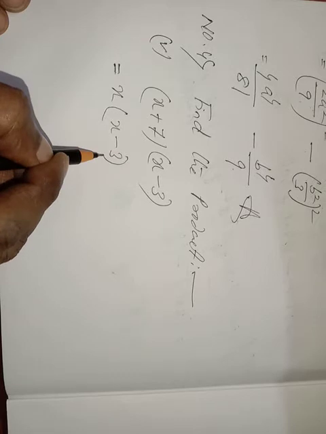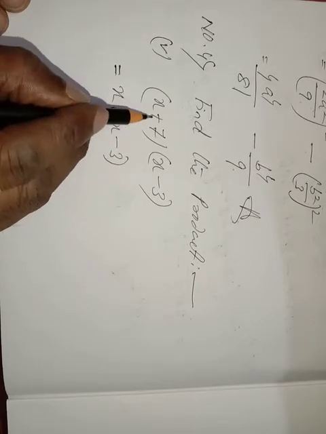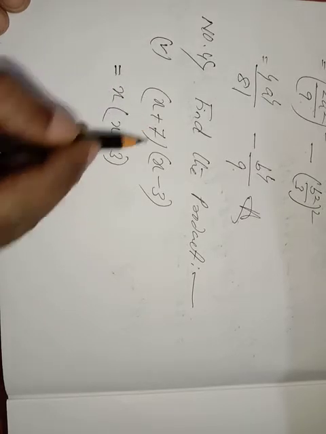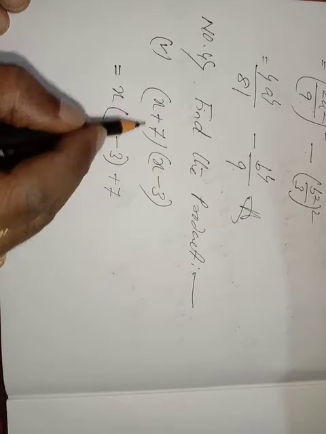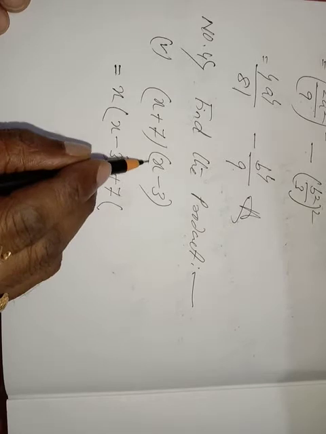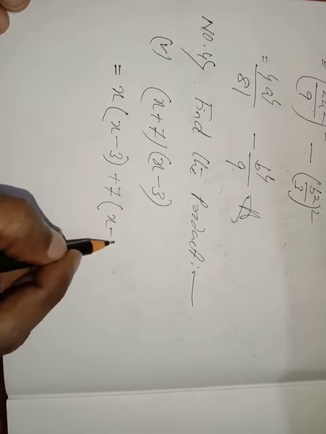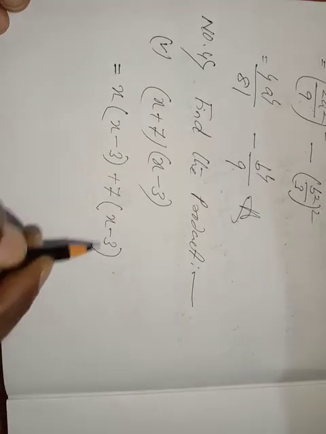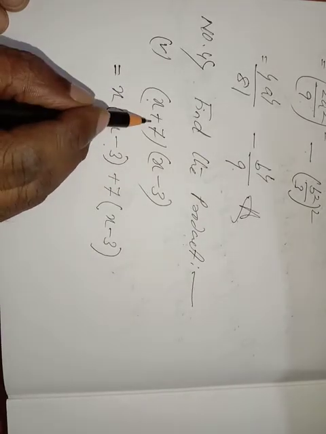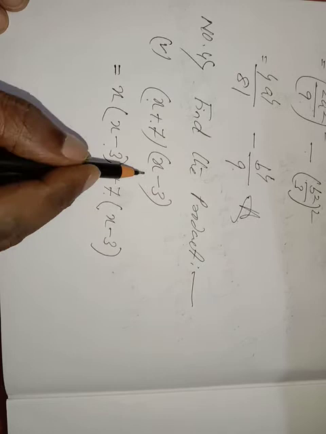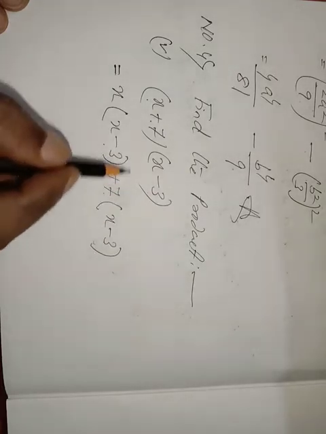The bracket is closed. After that, you see x plus 7. This plus 7 right here is the second part of the first bracket. Again you keep a bracket. The second bracket you write here, again x minus 3. I am repeating again: the first number with the second bracket total, plus 7 given. I am writing plus 7, again the second bracket total. This is the way of opening the bracket.